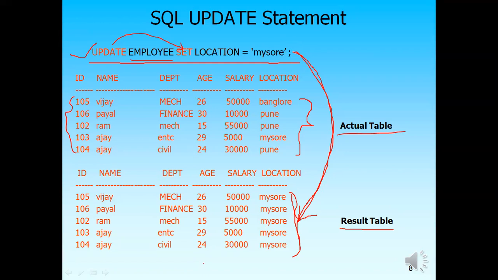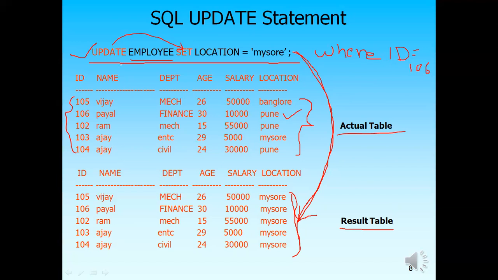If you want to update a specific employee here, for example, you want to update the location of only Payal, right? Payal is currently located in Pune, but in future if she changes her location, you can change only that specific record by mentioning the where clause. So my condition will be here where ID equal to, if you know the ID of Payal, because your name can repeat, right? ID is equal to 106. This will be my criteria to change the record of the table.